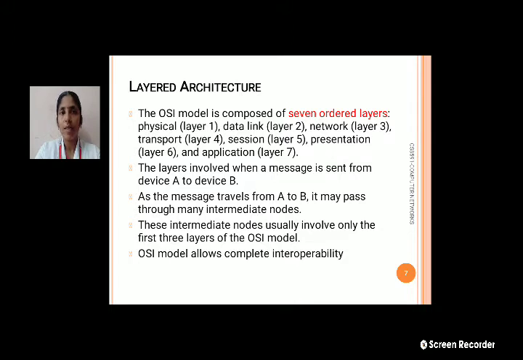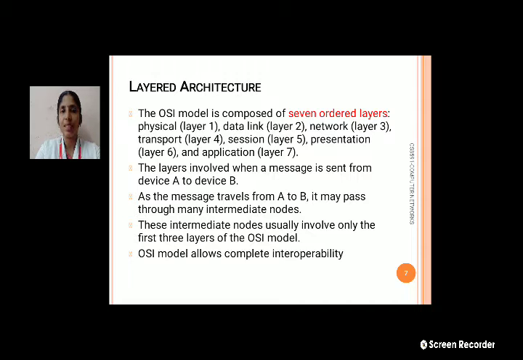These layers are involved in sending messages from device A to device B. Consider two devices, device A and device B. These layers mainly influence the transfer of messages from device A to device B. As the message travels from A to B, it may pass through several intermediate nodes.